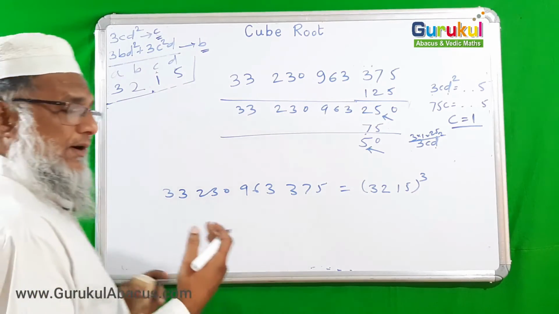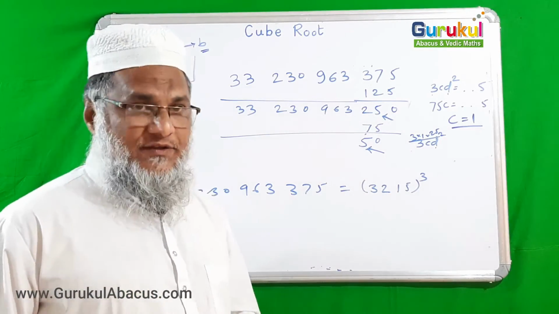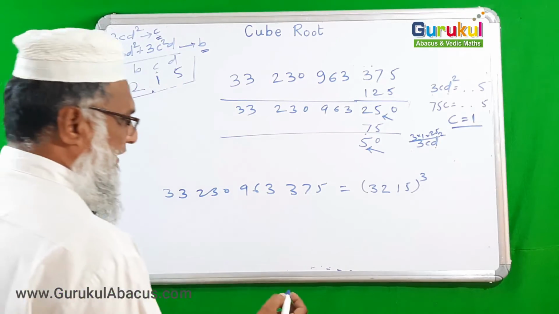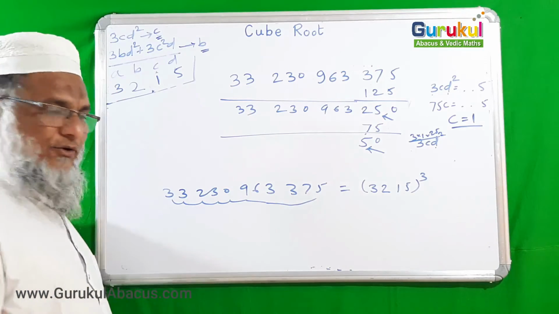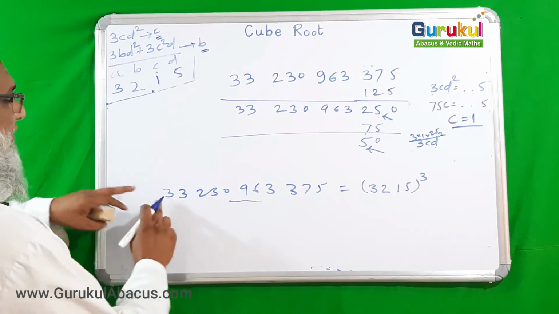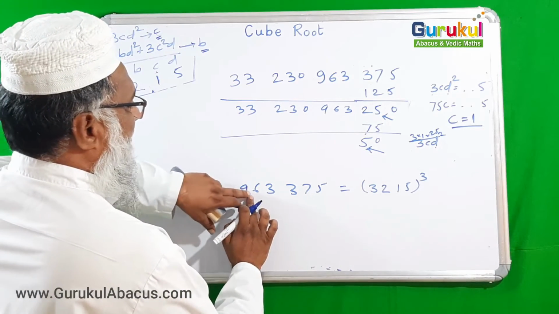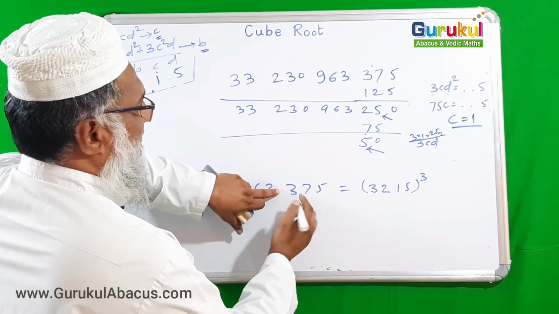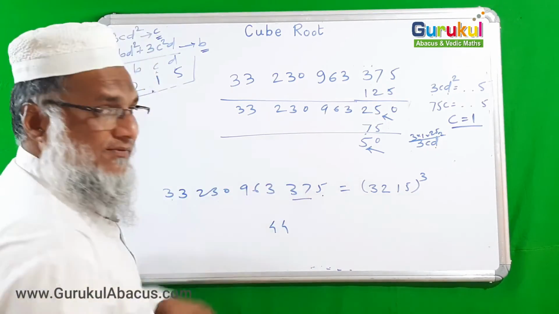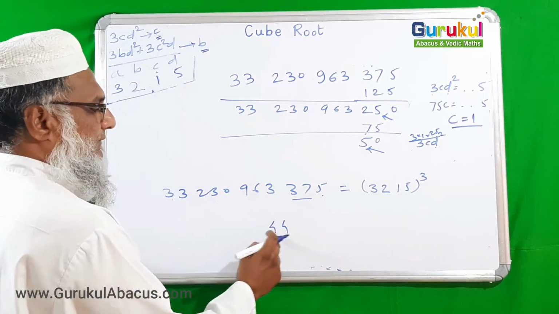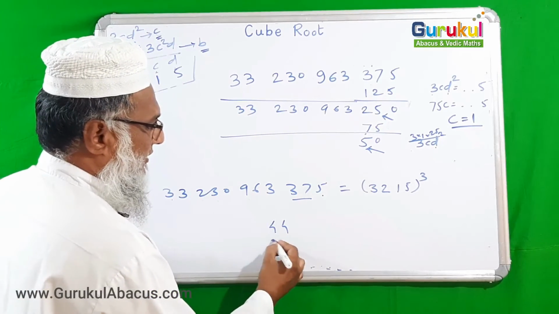Now how to find the digit sum, to cross check whether our answer is correct or not, that we are going to find. What is the way of finding the digit sum? Just add all those digits to each other. So 3 and 3 is 6, 6 and 5 is 11, 11 and 9 is 20, 20 and 9 is 29, 29 and 10 is 39, and 5 is 45. Again, 45, add its digits: 4 plus 4 is 8 we have got.